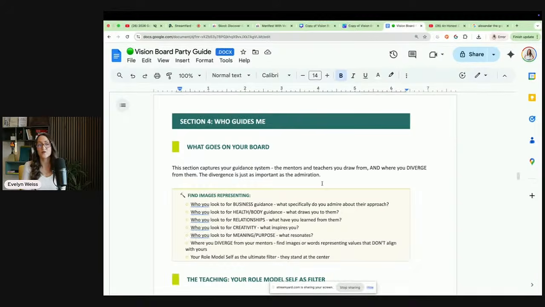We also want to ask, who do I look to for health and body guidance? What draws me in there? Who do I look to for relationships? What can I learn from them? For example, for relationships, I personally don't follow a coach or a creator for my intimate relationship, but I look to my grandparents, I look to my dad, I look to other people that have relationship habits that I find really inspiring,